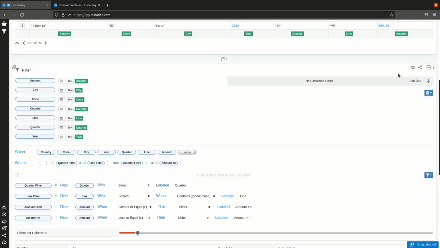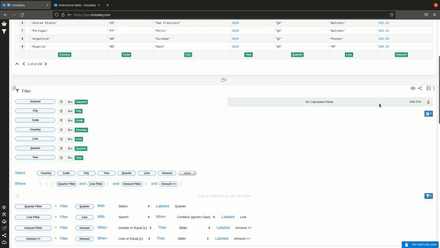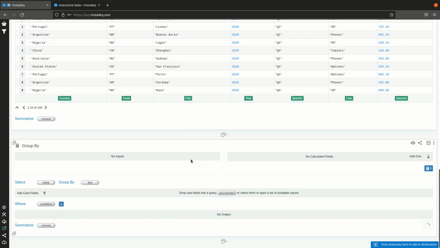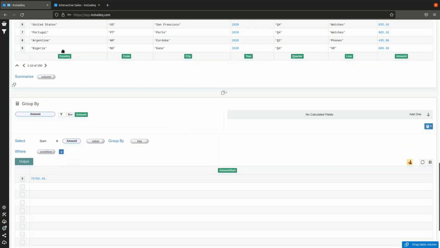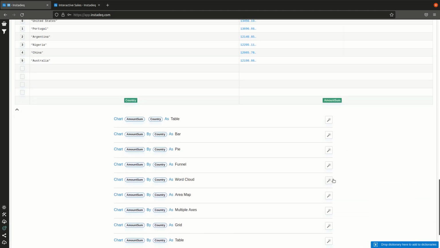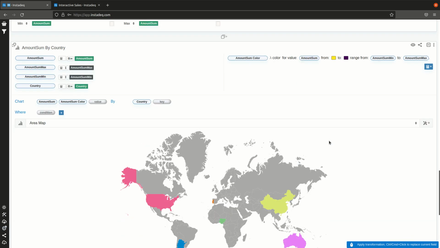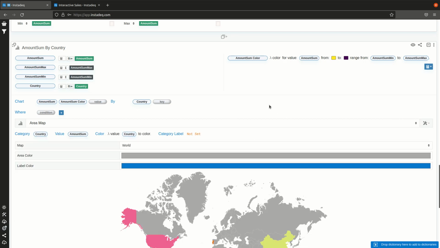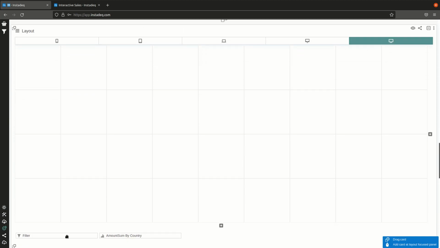When we are happy, we can either set it to read only, which will only show the form, or probably we want to use the outputs to create a visualization or any other card. So here, if I create amount by country, I can use the magic wand, select area map, use the magic wand again, and say number to color in range, and use this color as the color for the country. So now I have this map,